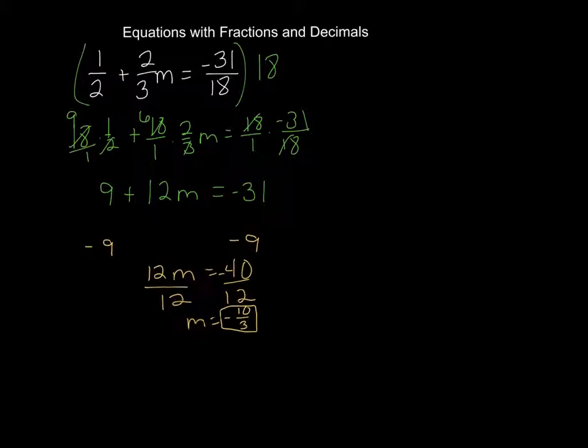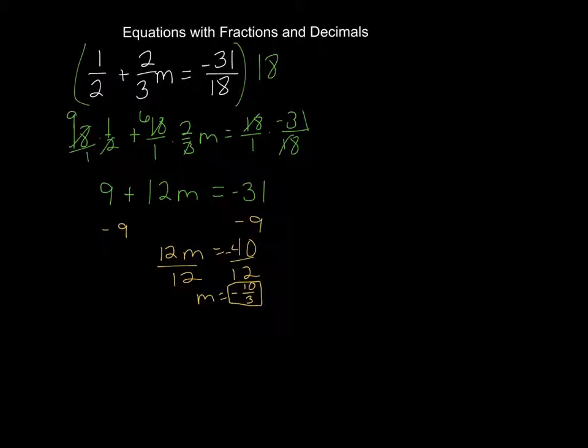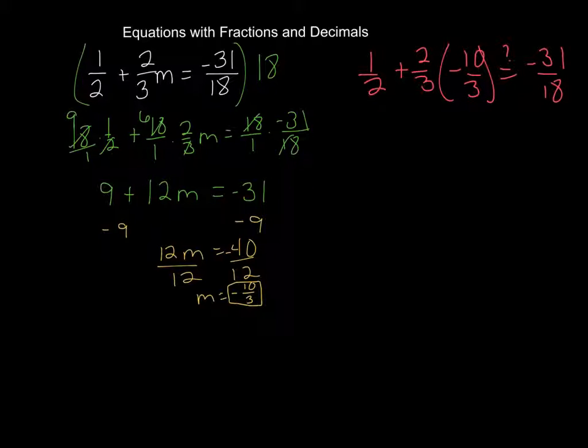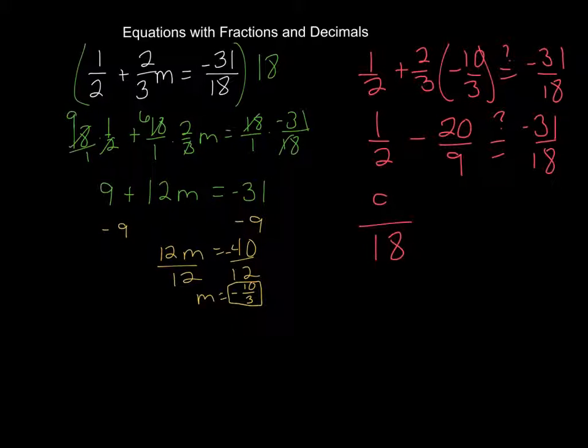Okay, now let's check it. So 1/2 plus 2/3, instead of m, we'll put negative 10/3, should equal negative 31 over 18. So 2/3 times negative 10/3 would be negative 20 over 9. It should equal negative 31 over 18. Now to add, we need a common denominator, which would be 18. That would be 9 over 18,